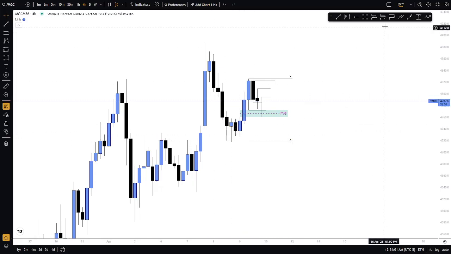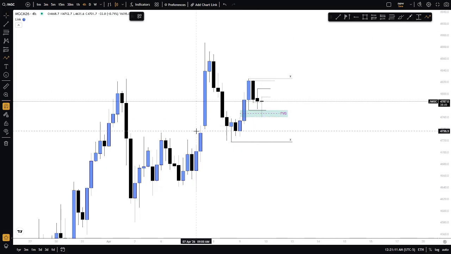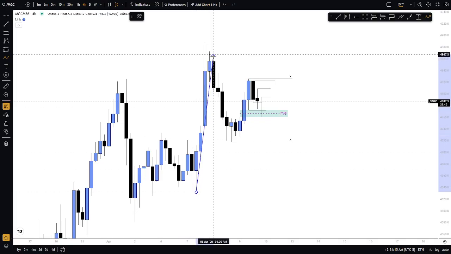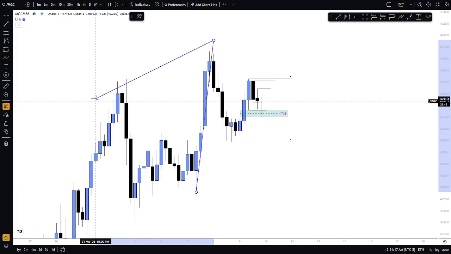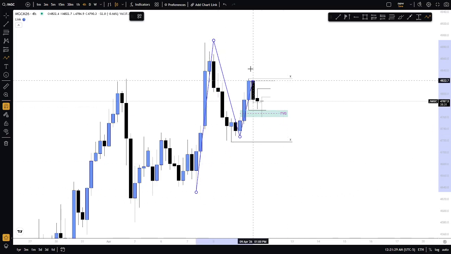So potentially what I want to see happen from this area, from this imbalance in price, since we've got the confirmation of the higher low, higher high, which took out these highs right here, is price proceeding to trade back down within the range of this higher low, from this low to this high, to trade higher,